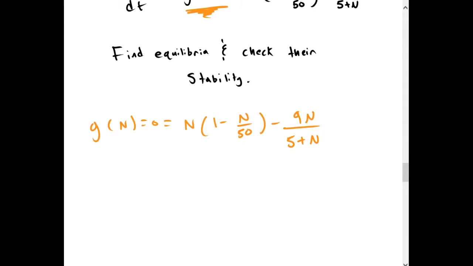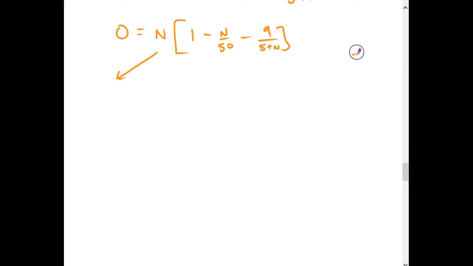And we can factor out an N from this whole expression, and that'll give us 1 minus N over 50 minus 9 over (5 plus N). So we can set this N equal to 0, and that gives us one equilibrium point. And if we set this other factor equal to 0,